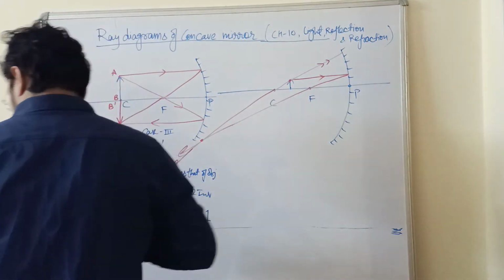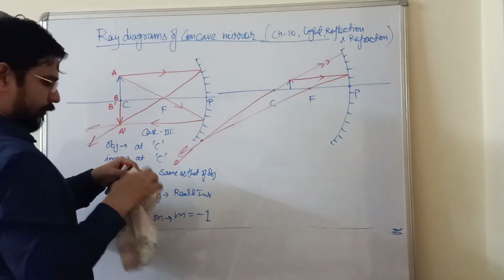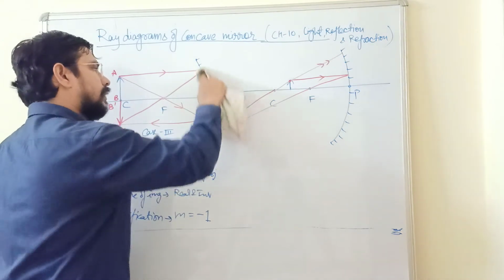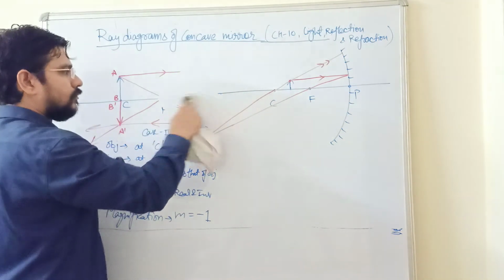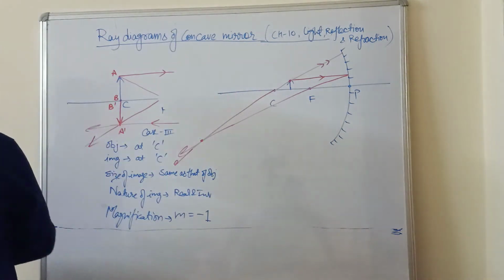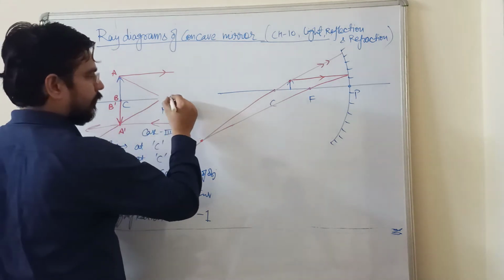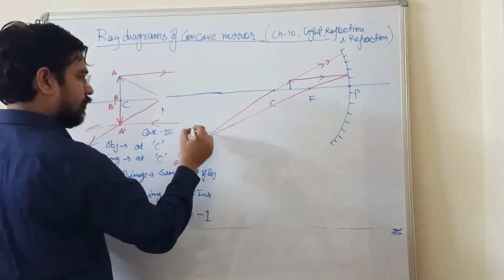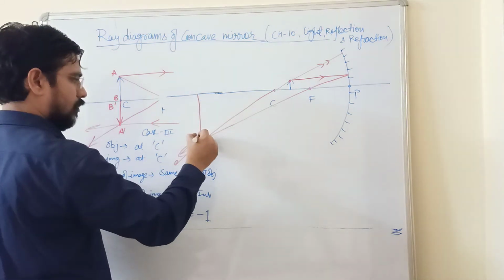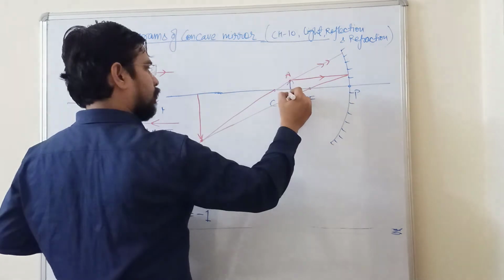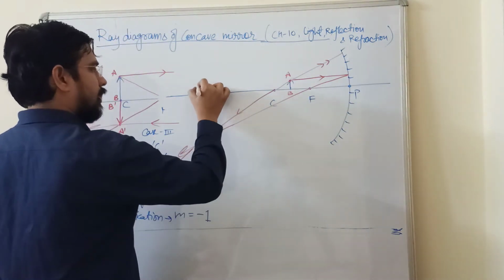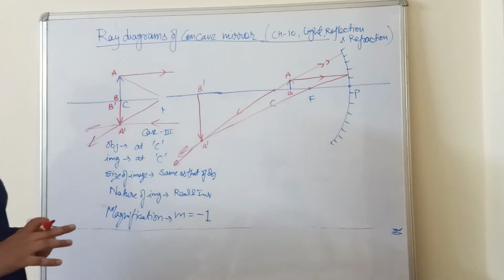Okay, so as it is meeting here, let me erase some portion of my case 3 diagram so that I can show you. Yeah, this space is good enough. So this is your principal axis, and this is your image. So if AB is your object, then A dash, B dash is your image. Now what you are observing in this ray diagram,